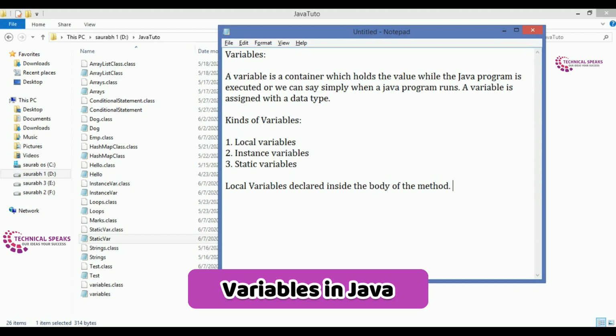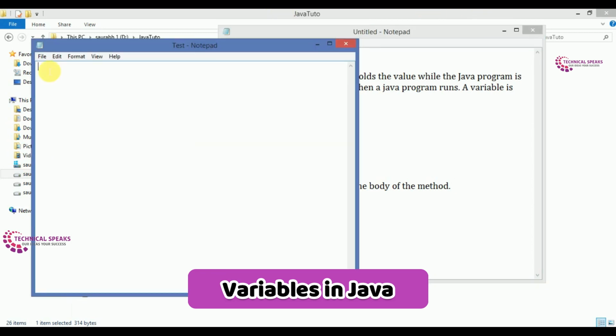Let's try to understand this with an example. I already created a Java file named test. So here I create a class called public class test, and then I create a method called public void local var. Under the method I create a variable called num.